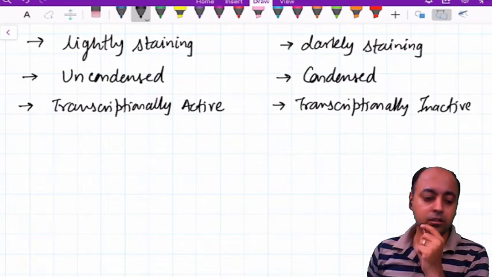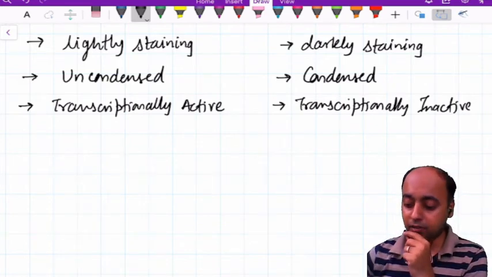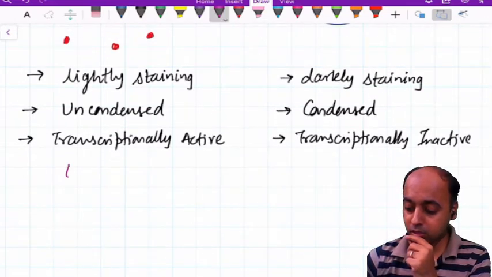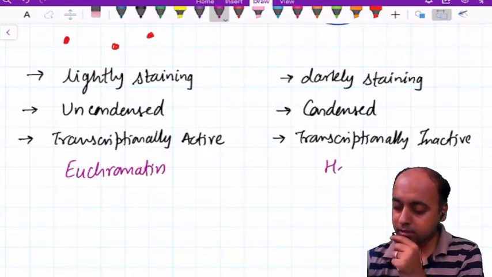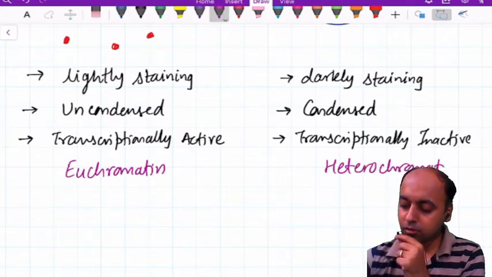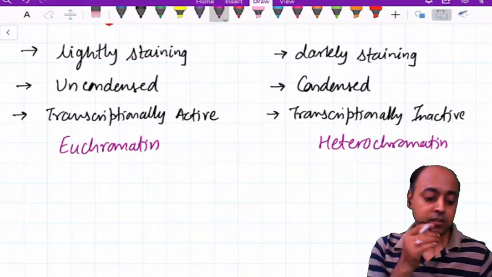So transcriptionally active and transcriptionally inactive, and we already said this is the euchromatin and this is the heterochromatin. So if you get the question for comparison,